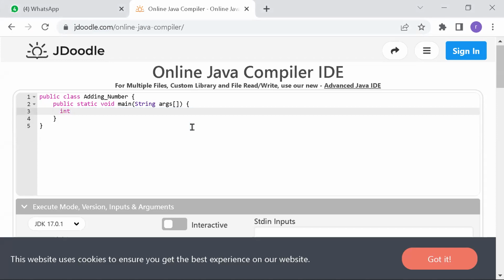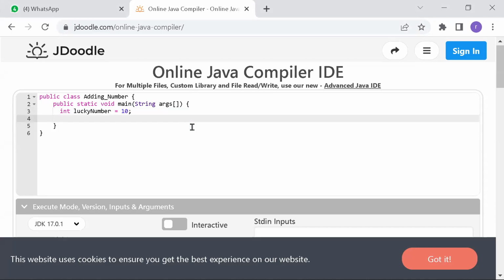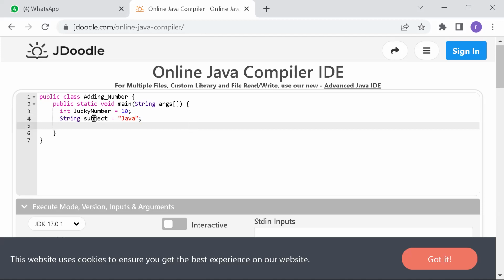Okay, so let's print each of the data types. First of all, int, and then we'll say some lucky number equal to 10, and then we will use a string. String subject equal to Java. You can use any values, change the values. I want everyone to use different variable names and different values. I'm doing this just for your information. Float average equal to